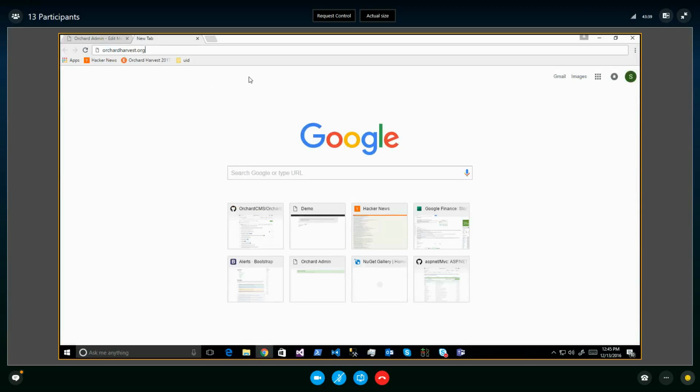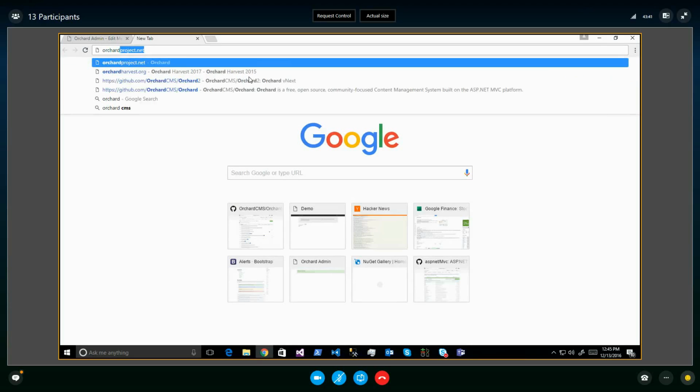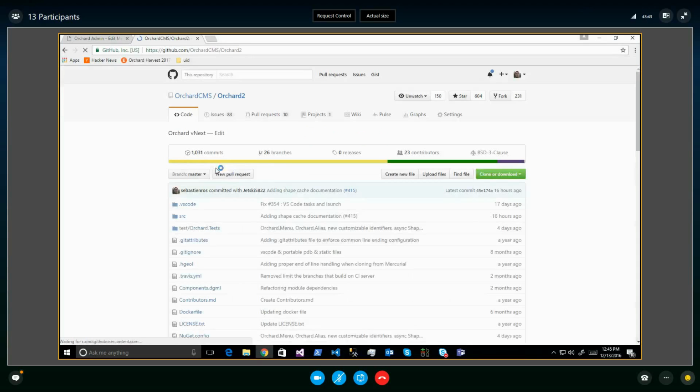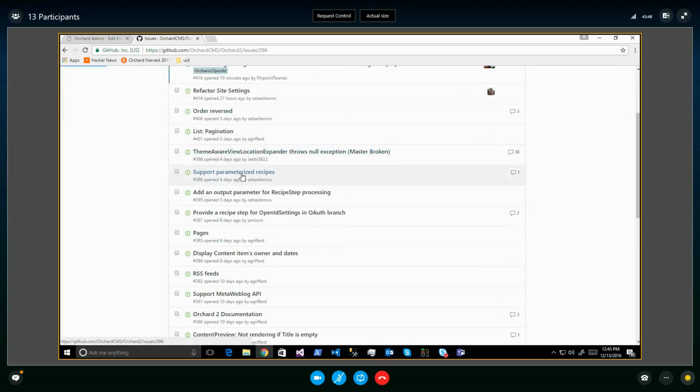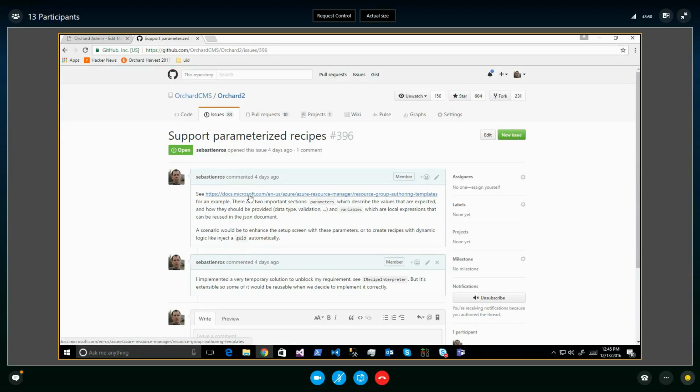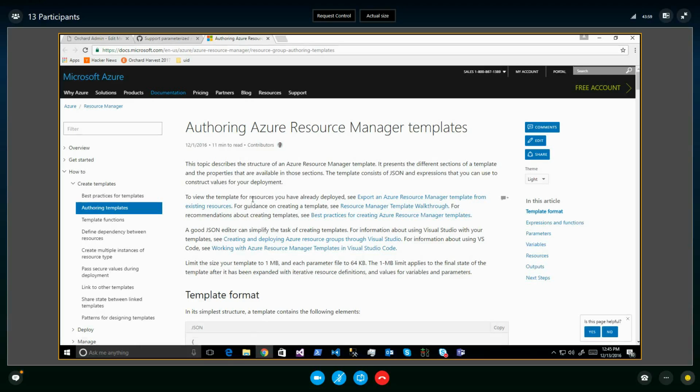So what I open is this thing, and I will give you a link. It's very important to look at the link. Issues: support parameterized recipes. And I put a link because this is exactly what Azure does. If you have worked with Azure and how it works internally, I can tell you, there is a thing